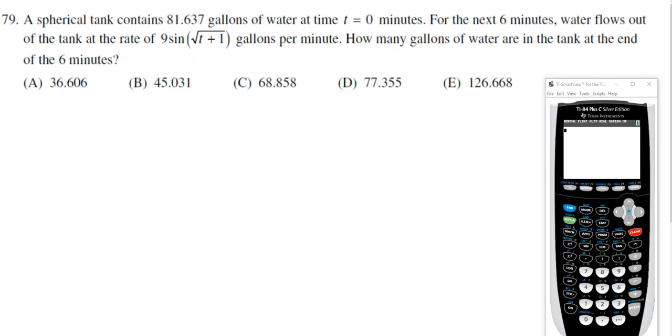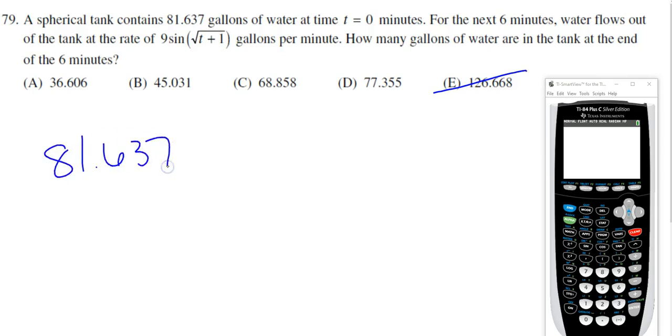79, a spherical tank contains 81.637 gallons of water at time t equals 0 minutes. For the next 6 minutes, water flows out of the tank at a rate of gallons per minute. How many gallons of water are in the tank at the end of the 6 minutes, okay? So, first of all, are there any of these I could just take off right away without even doing anything? Okay, if we start with 81 and we're losing water, we can't end with 126. So, we are going to start with